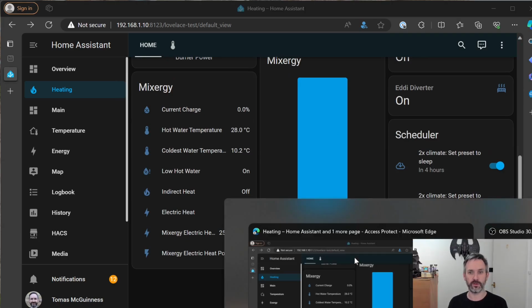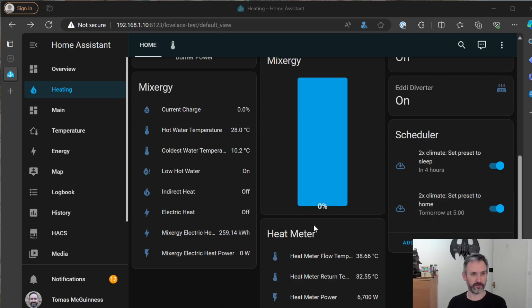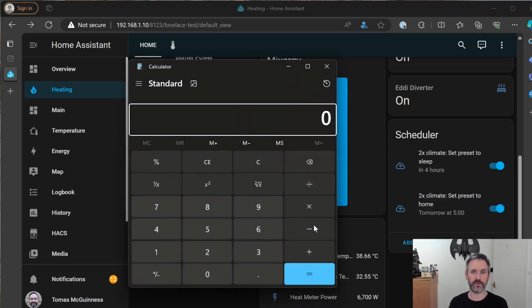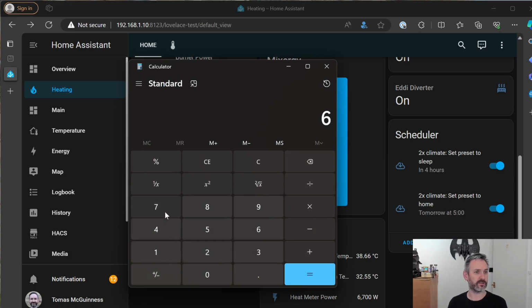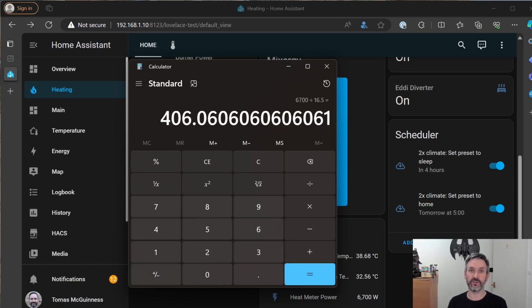So what we do, I've closed the calculator for some reason. So we'll put in our 6,700 watts, and we will divide that by, what did I just say, 16.5. So that's giving us a rough heat loss calculation at the moment of 406 watts per degree,